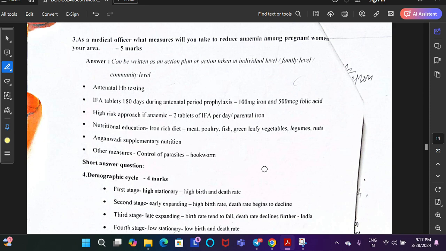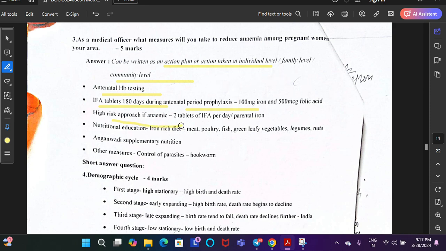The third question in this question paper: as a medical officer, what measures will you take to reduce the anemia among pregnant women in your area? There is an action plan at individual level, family level, and community level. Antenatal hemoglobin testing, IFA tablets for 180 days during the antenatal period, prophylaxis 100 mg iron and 500 microgram